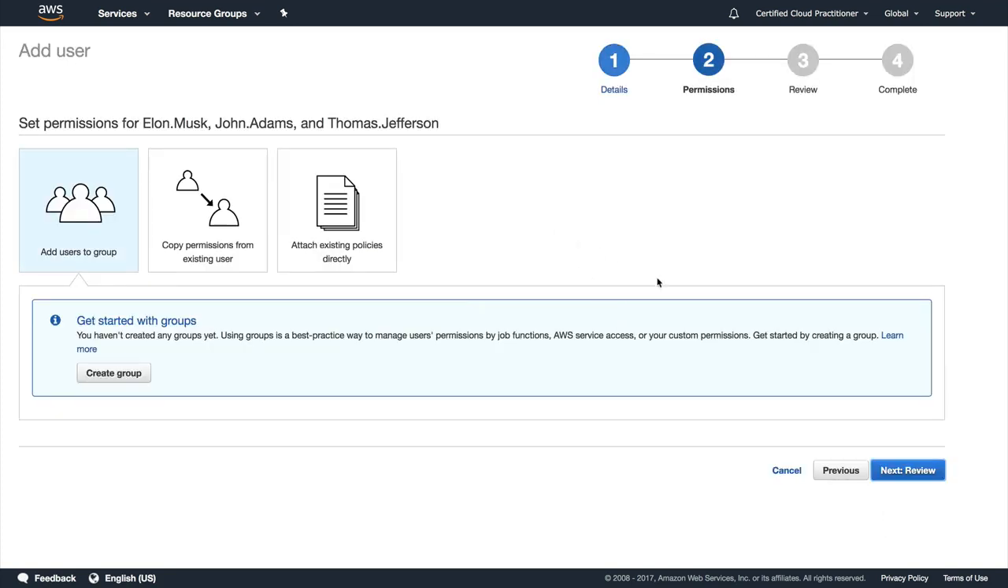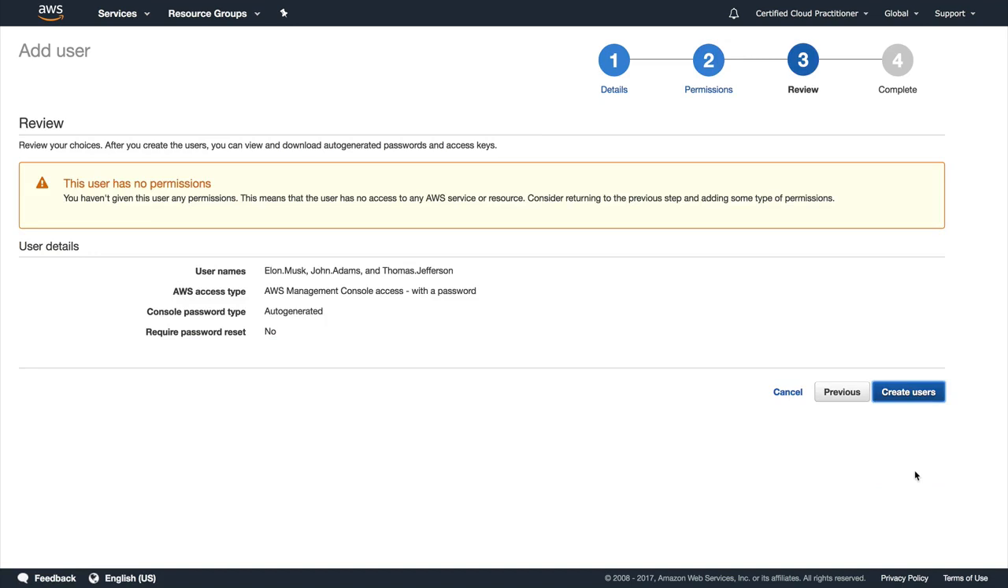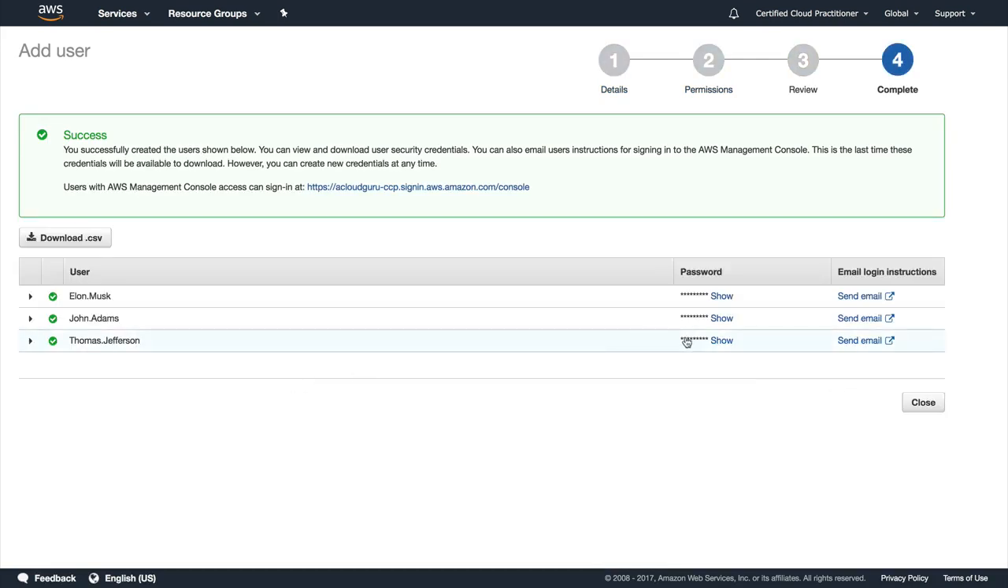And then we're not going to add any users to groups just yet because we don't have any groups. We're going to go in and create our groups later. So go ahead and create your 3 users. My 3 users are here. I'm going to show the passwords. If you can,